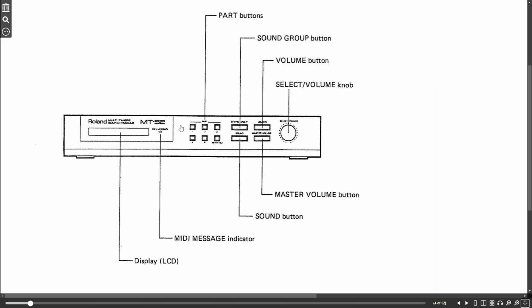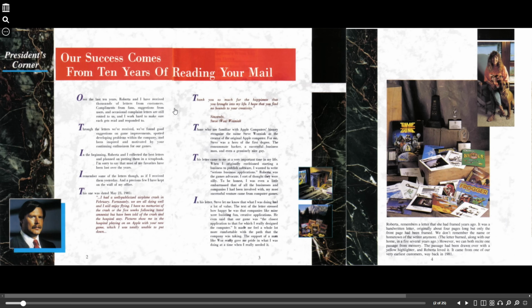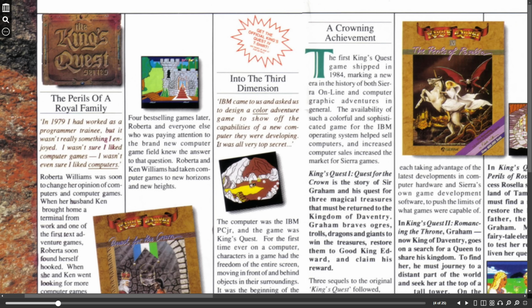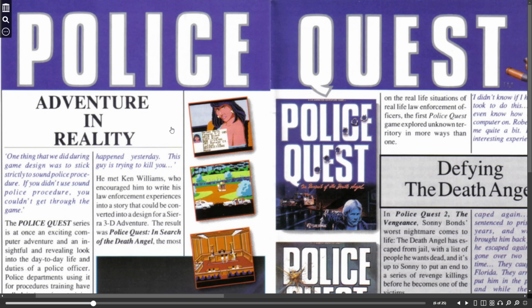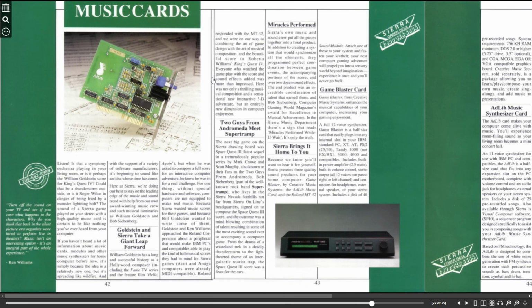for a lower price. And this Roland MT-32 became supported by many DOS games, and the big reason is the company called Sierra. Sierra became famous for making graphical adventure games like King's Quest, Space Quest, and Police Quest. Their games were known to push the technical limitations of graphics and sound, and they would also sell through their